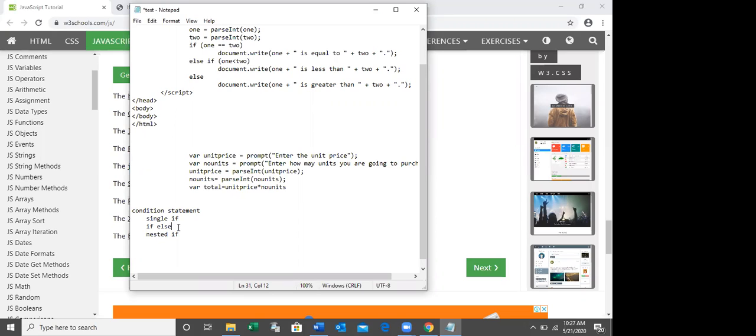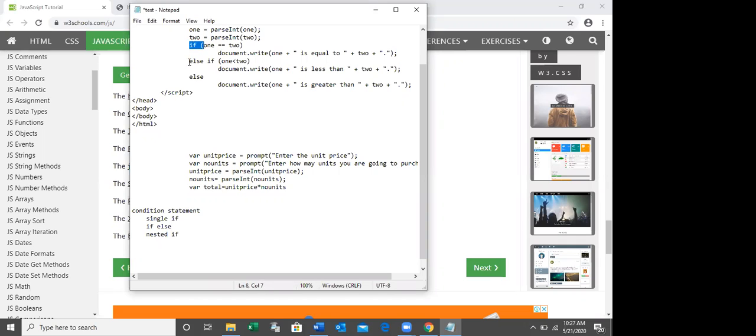If you want to check more than one condition, you can use if else if statement. That means if the condition is true, then you can execute the statement 1. If the first condition is false, if you want to check another condition, you can use else if. That means if the condition is false, you can check another condition like this.